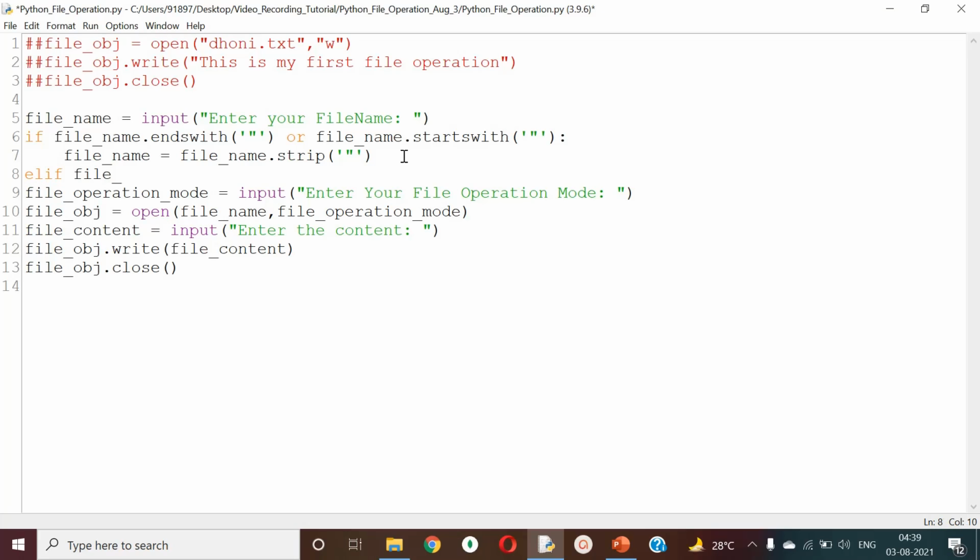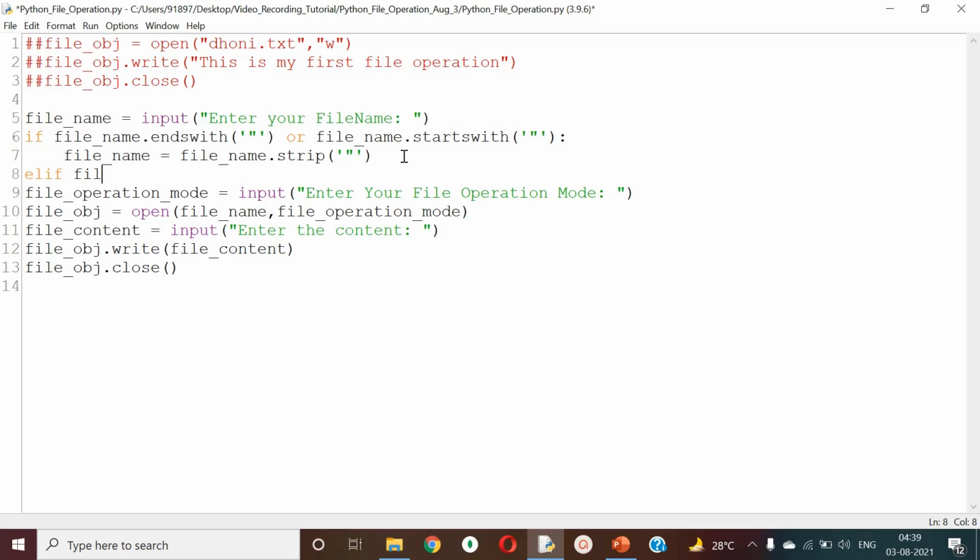Elif file name or, what is necessary, you need to check whether the file name is ending with .txt.